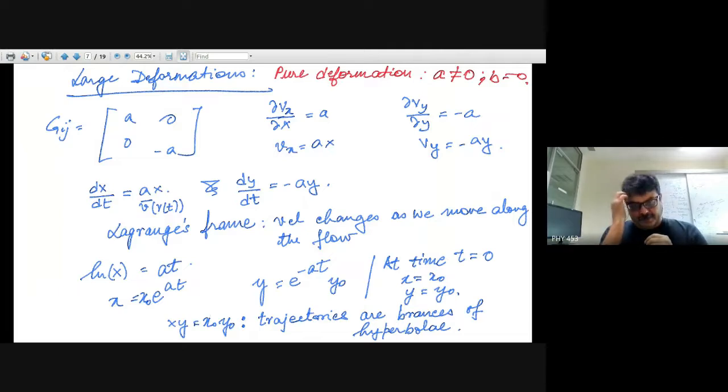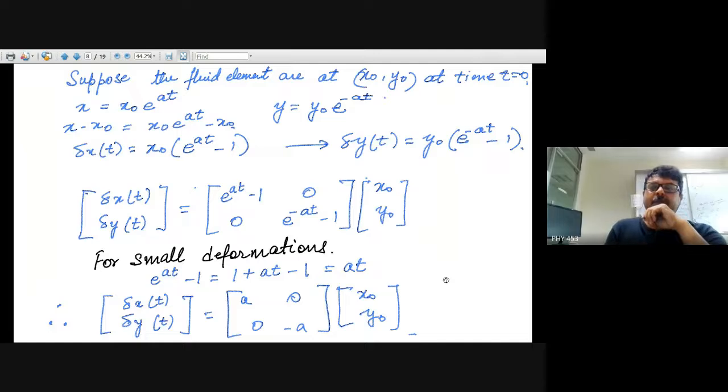But if you take the product, xy equal to x0 y0, so the trajectories are branches of a hyperbola. That's the message. These are the initial conditions, right? These are the initial conditions. And so basically, if you took the deviation, the positional deformation, delta x as a function of t,